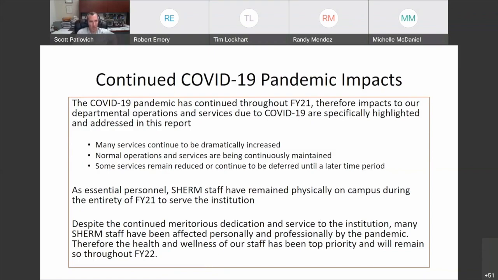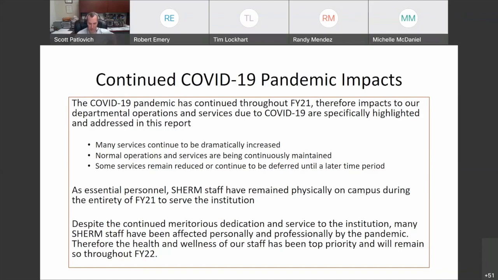I don't think anybody would argue with that, but as we've learned, we've had services that we've had to decrease throughout the pandemic, that we've had to put on pause or eliminate altogether. We've had to maintain many of our normal operations to keep people healthy and safe for compliance reasons, et cetera. And then we've had an entire truckload of additional tasks that have been put on our plate as a result of the pandemic situation to best serve our institution.